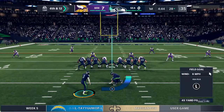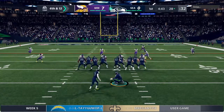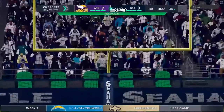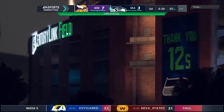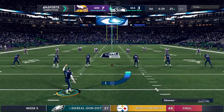On now is Kai Forbath to try the field goal. And this will be a 45-yard attempt. And this one is right down the middle. And they are on the board, but still trailing. It's 7-3. So, yes, it's only 3, but at least they're able to answer back after giving up the touchdown